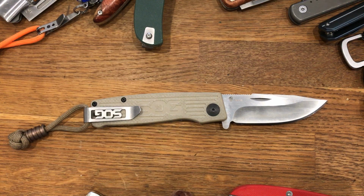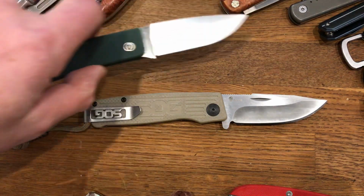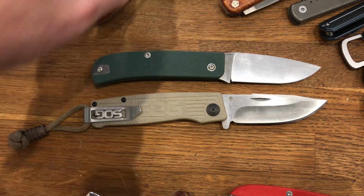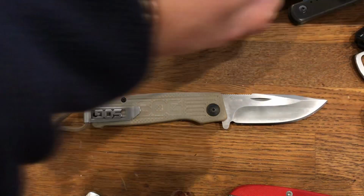Hi folks, so today I'm having a quick look at the SOG Terminus. This is a UK friendly sub 3 inch slip joint. It's bang on the 3 inch mark. You've got a millimetre or so to spare and no more. It's very similar to the Manly Wasp in terms of shape, size and so forth, but also for size comparison